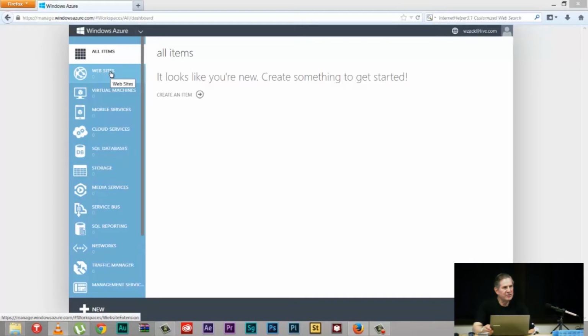So this is the Windows Azure portal. In one place you can see all the resources that you own. Now what I've done is I have actually deleted all my resources. Up until recently, you used to pay for resources that we were using, even if nobody